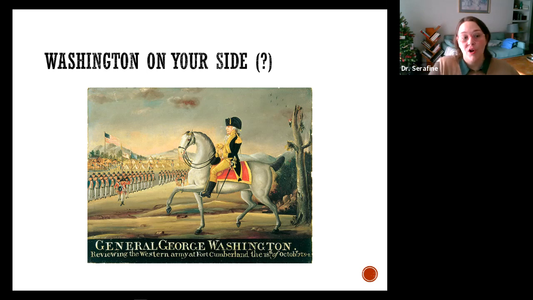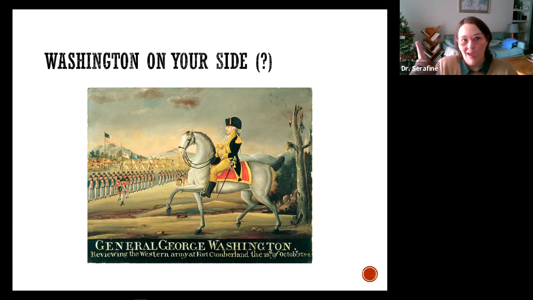Washington marches on Pennsylvania. This is the only time that we have a sitting president who actually leads an American force into battle. Again, he's president when he does this, and he's leading them against other Americans, against Pennsylvania farmers. He does not have to go all the way to Western PA. They hear that Washington is coming and they're like, nope, put the banner away. It's over for us.